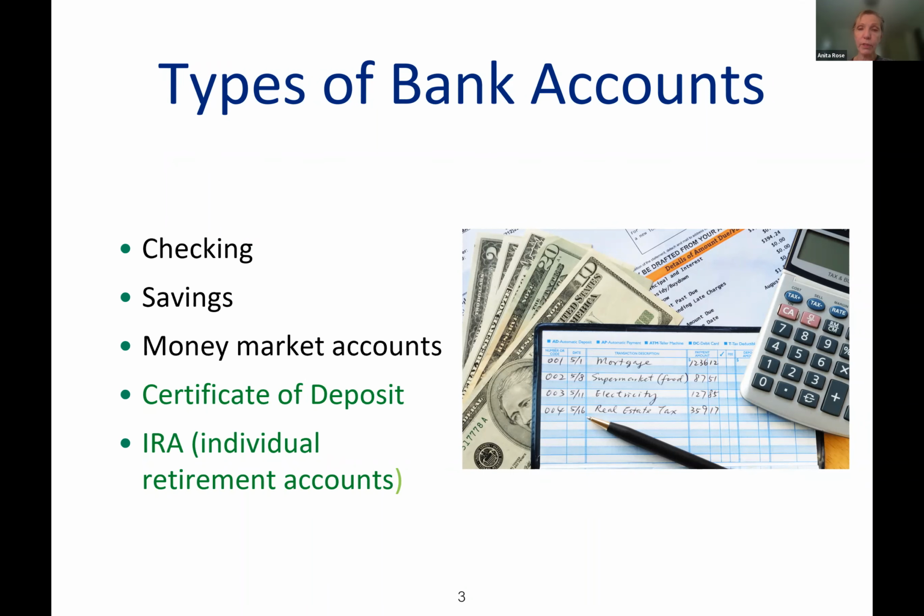Now, when you're working for someone, you would probably have a 401k or some type of retirement savings, hopefully, from your employer. And that is very good. And when you leave your employer because you're so successful in your business, you can convert that 401k into an IRA so that you would have your own individual retirement account. So the beauty of that is when you convert it to an IRA, you have more control over your investments. With a 401k, you're limited to what the provider offers, and usually mostly mutual funds.